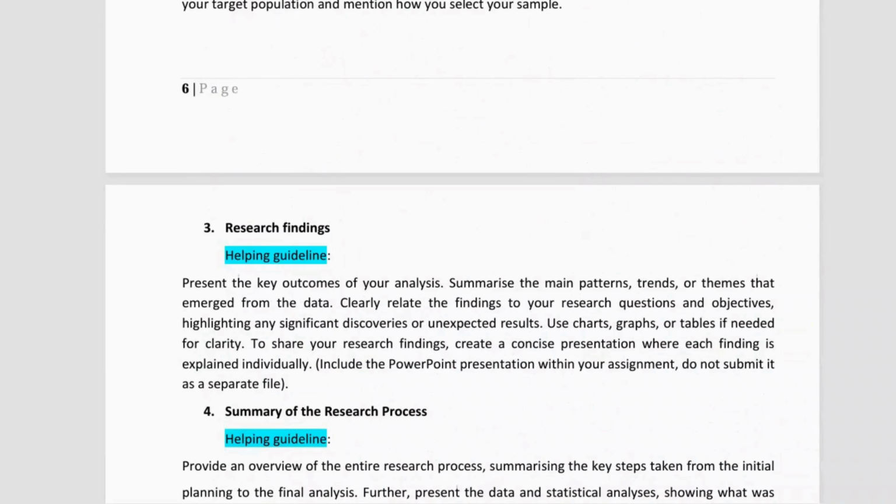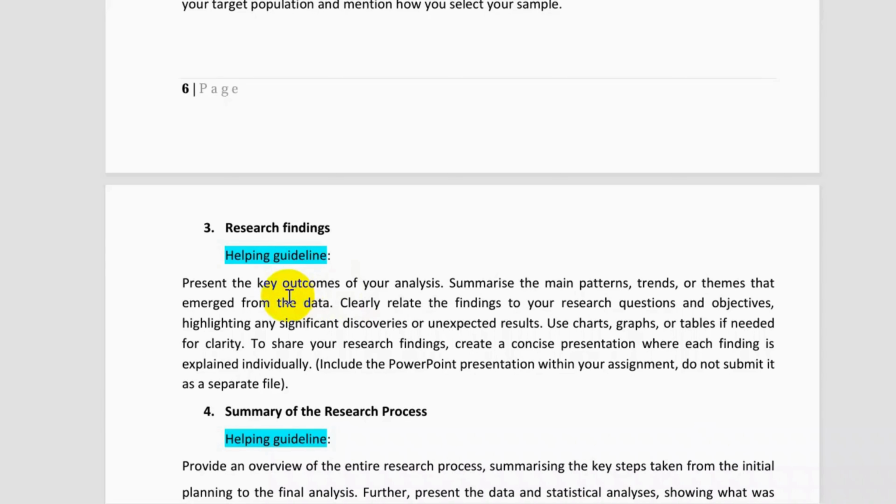Now, there comes the research findings. Research findings are all you can say is the results. What are the results of your research? First you have collected the data, then you have analyzed that data using any tools or specific methods. So what results, what findings have you collected from analyzing the data?